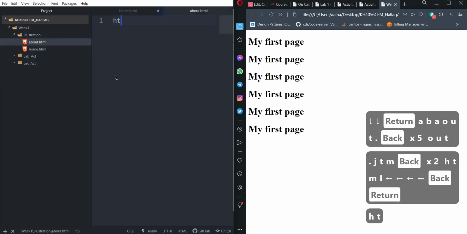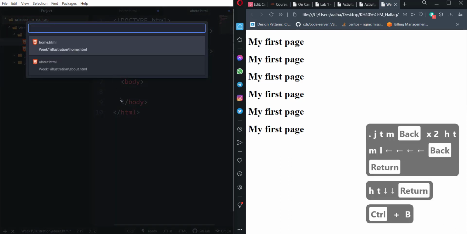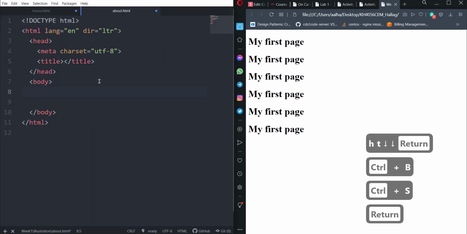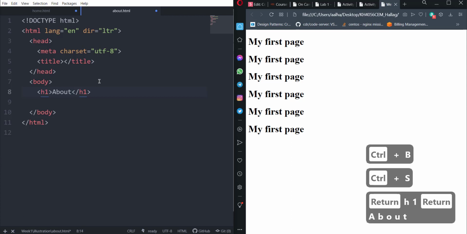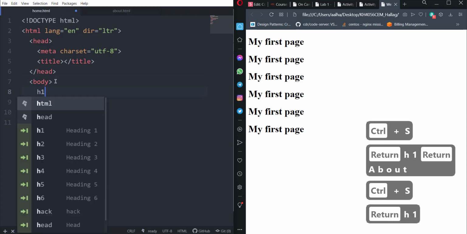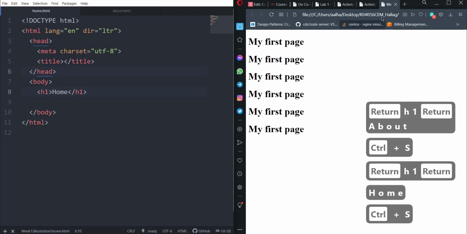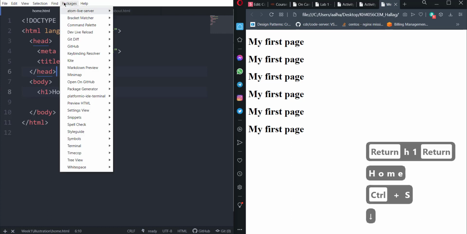Okay. So let's just put this here, and let's have a head about, and let's have here home. Okay, and let us run the live server one more time,